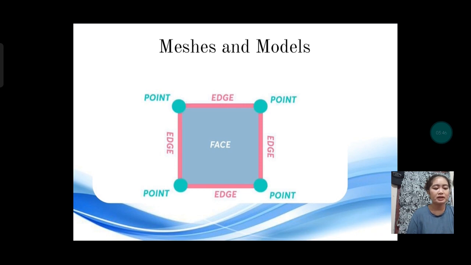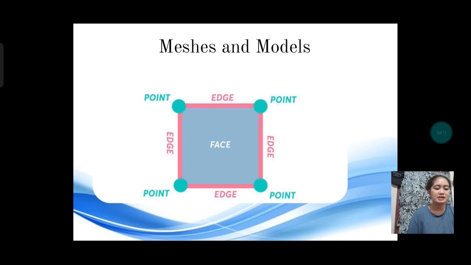Think about a square as an example. A square will have 4 points. Between these 4 points, we will draw 4 edges that connect them all. Now that we have an enclosed shape, we will be able to say that we have a face. In 3D modeling, we refer to any enclosed shape or polygon as a face.